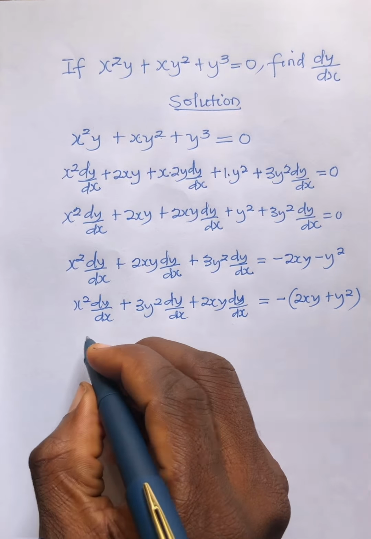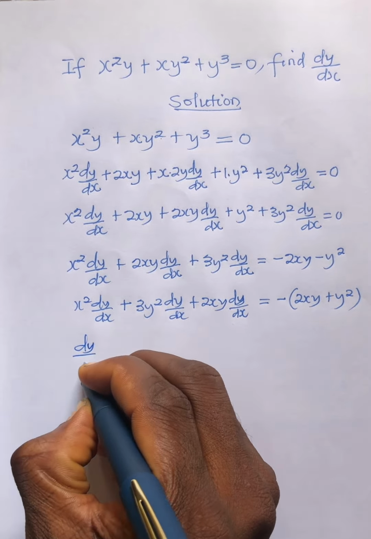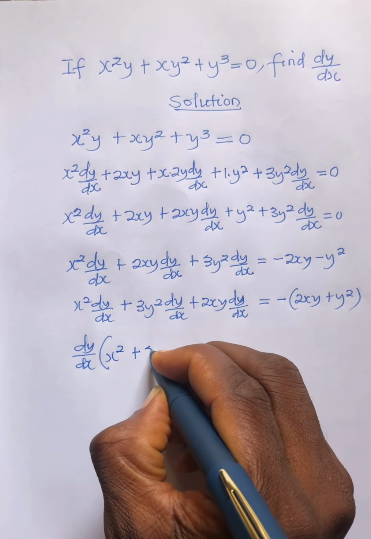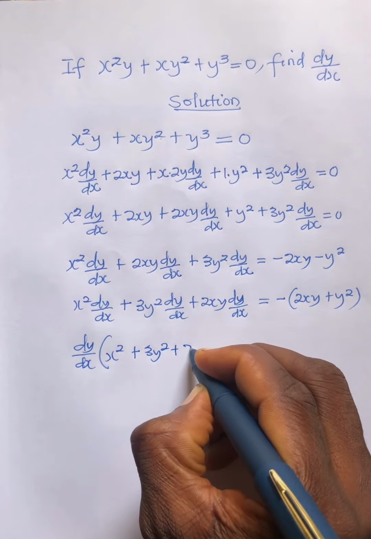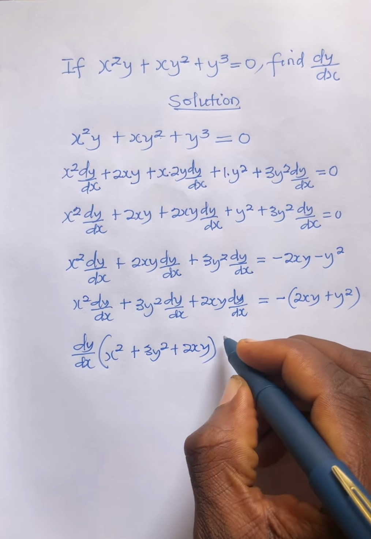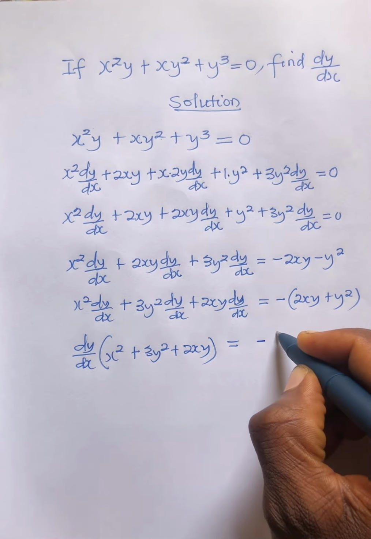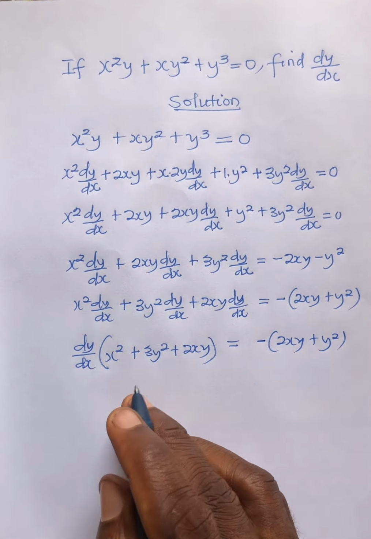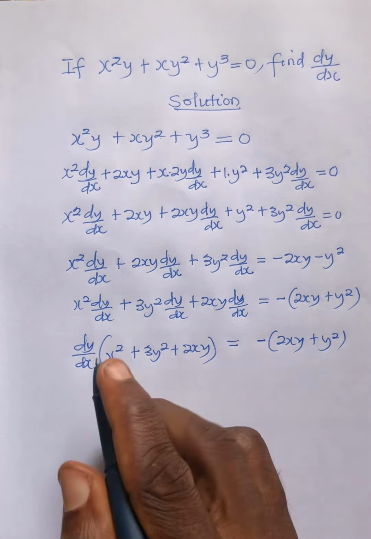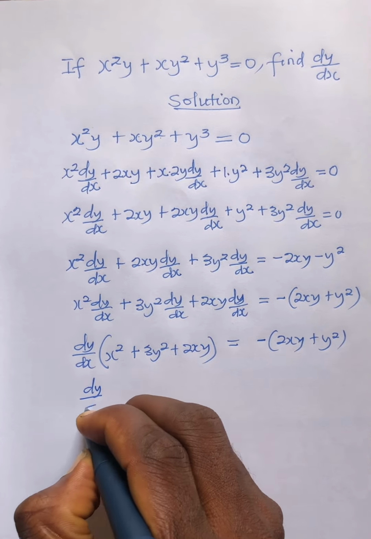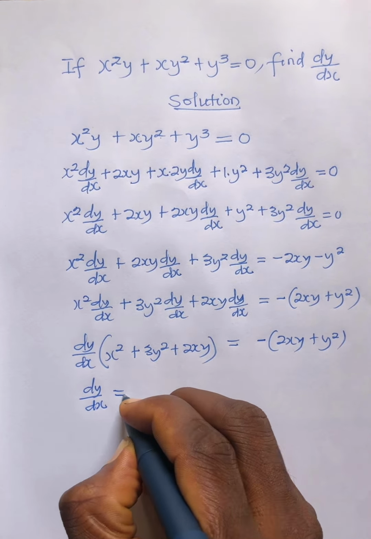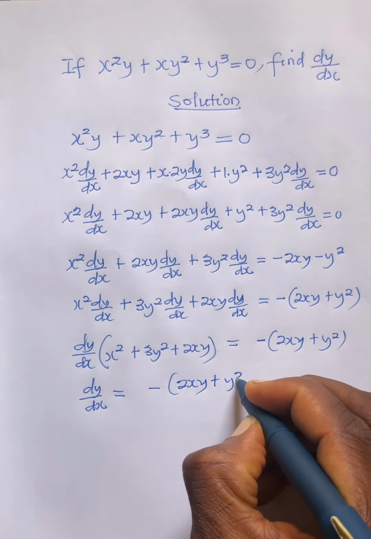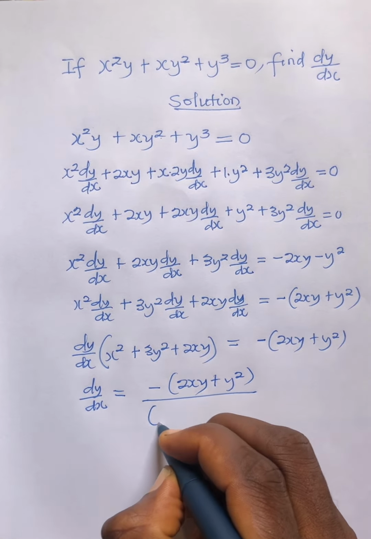So we are going to factorize dy dx into this: x squared plus 3y squared plus 2xy equal to minus 2xy plus y squared. The next thing is to divide through by this. So we now have dy dx equal to minus bracket 2xy plus y squared all over x squared